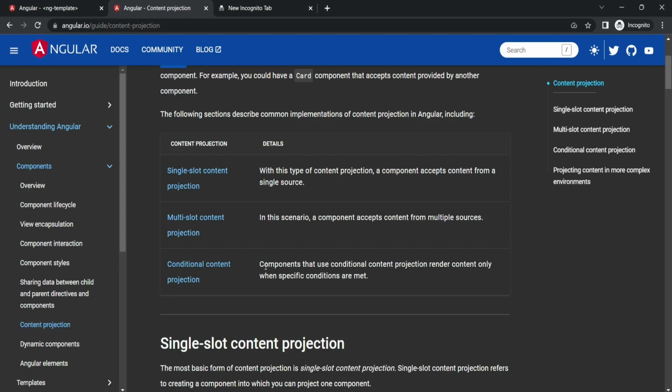And this is really, as I'm telling, a very practical type of content projection, and out of this I would say conditional content projection is something that you will be using if you are working on a web application. This is something you will feel a need to do, because in real time we have scenarios